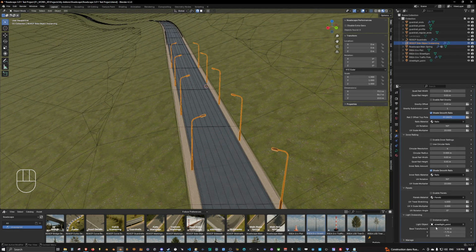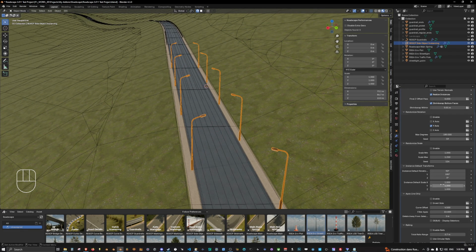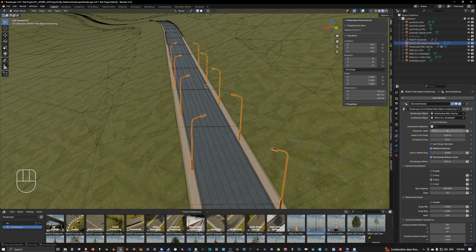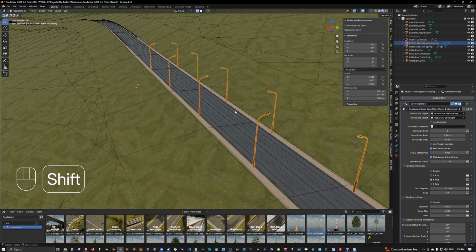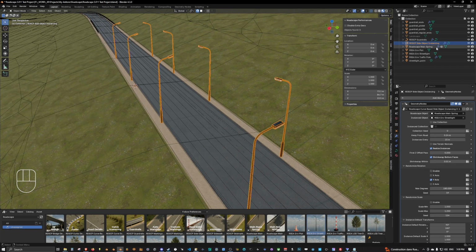We can add lights as well, a lot of stuff. So we will see this in a very detailed video as well. So this is the side object instancing. You can as well instance collections. Next, we will see